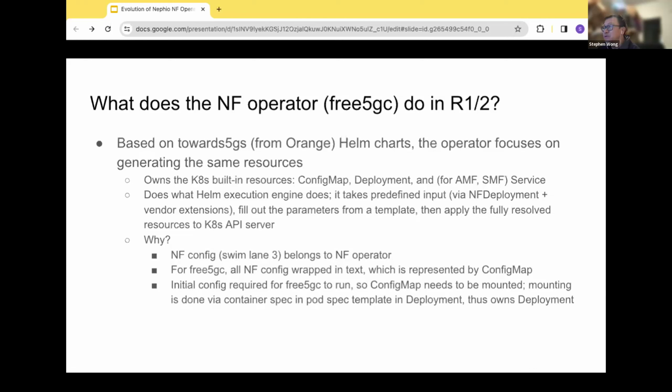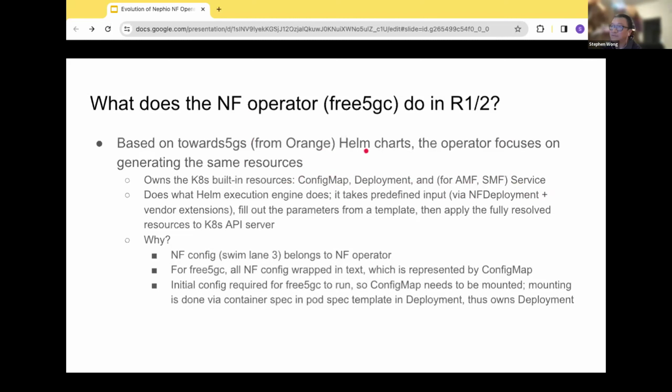So what it does is three things, if you really break it down. One, take the Nephio CRs and generate as much as possible the content of these Kubernetes resources, and the configurations, by the way. That's actually important too.